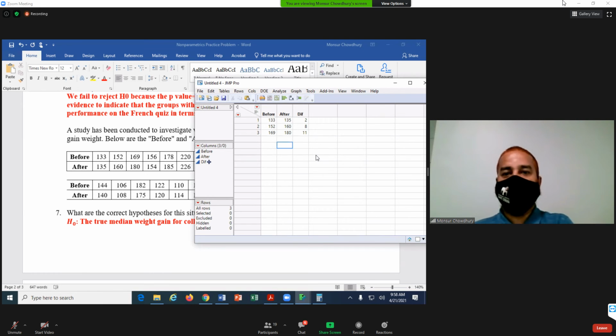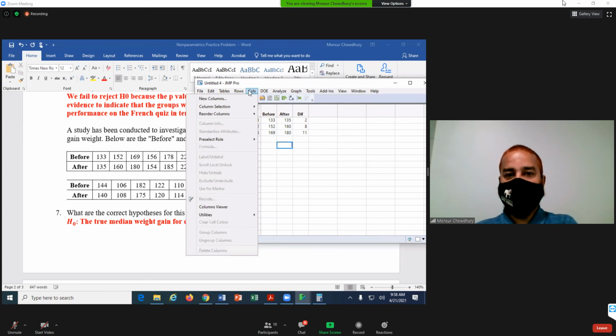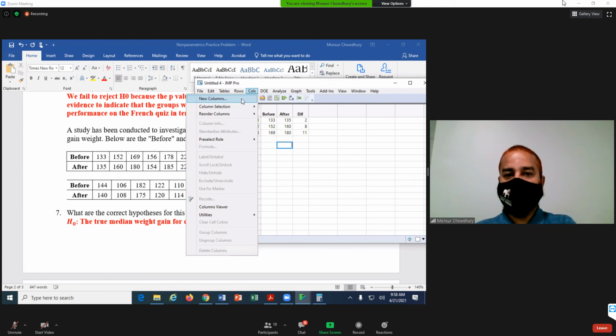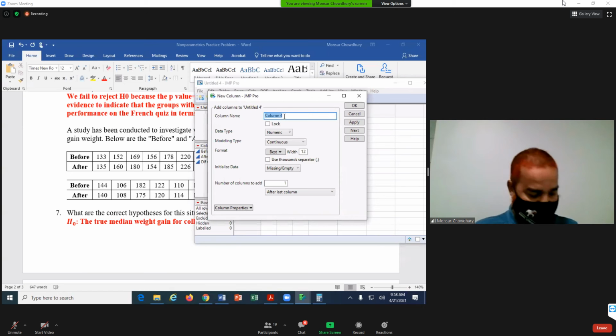Let me show you one more time. Click on the columns. Okay. New column, columns, then new columns. Give the name difference, any name, but we just put the difference because we want to show that this is the difference, okay?